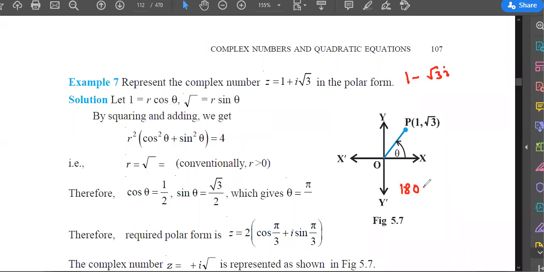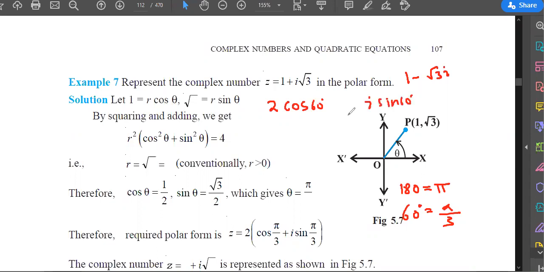Dhruv, 180 degree is equal to pi, right? We have studied that. 180 degree is pi. So 60 degree is pi by 3. Got it? Did you understand? Okay, if you have any doubt, ask. Okay, very good, Snigdho, very good. You left out the i, but look at this, just write it comfortably. So magnitude of z we know is 2, then it is 60 degree, so cos 60 degree and i sin 60 degree, right?